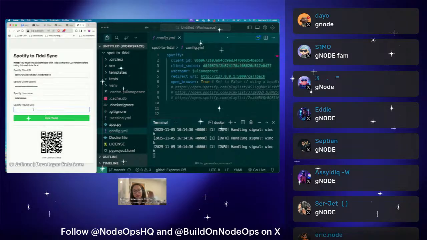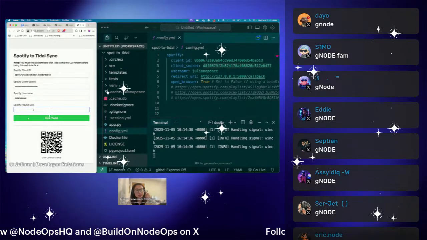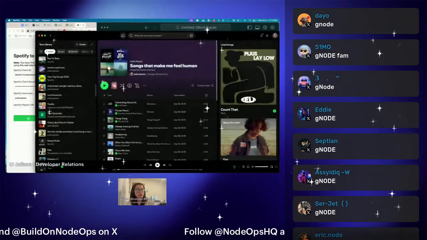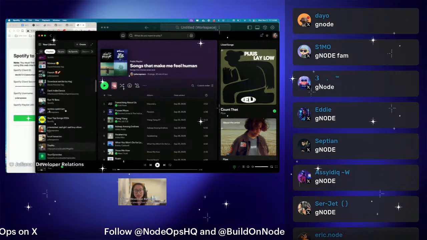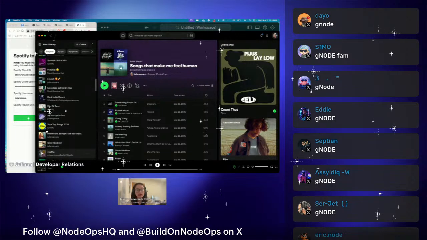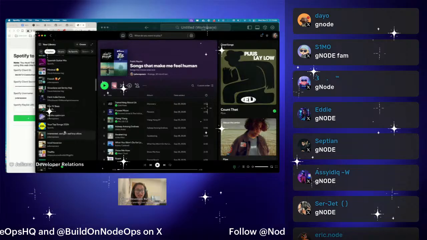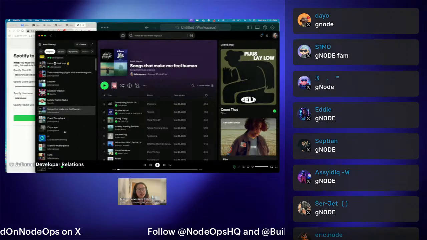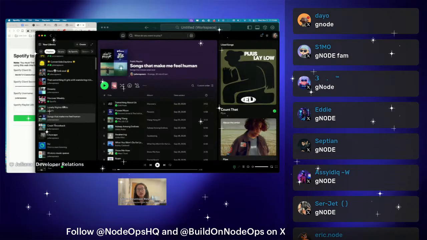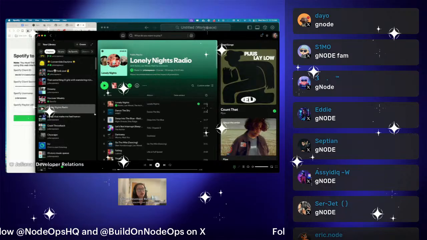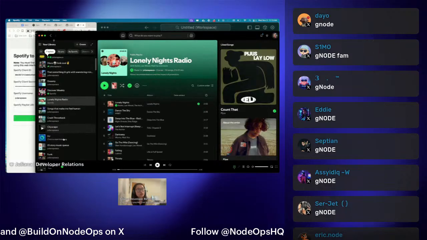And then you also need the playlist URI, which you can get from going to your Spotify, picking any playlist. You can use your own playlist. You can use your friend's playlist. You can use any playlist that's out there as long as it's not a radio station. I tried. It doesn't work with radios. So this is a radio station. This would not work. So if I go into, let's say,